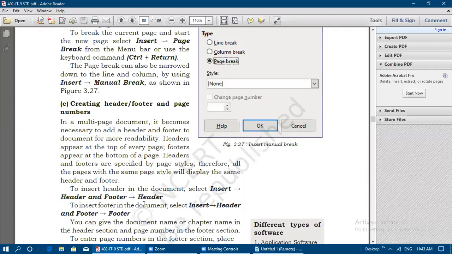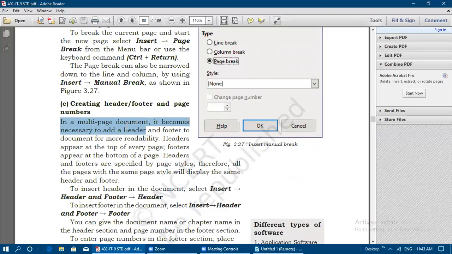Page breaks in the LibreOffice Writer document. Next one is creating header, footer and page numbers. For this also you need to go to the Insert tab, Insert Header and Footer. In a multi-page document, it becomes necessary to add the header and footer for more readability. When you have the header, you will come to know what kind of information is written in the entire document. The footer is used to indicate how many pages we have written and who is the author of that content.